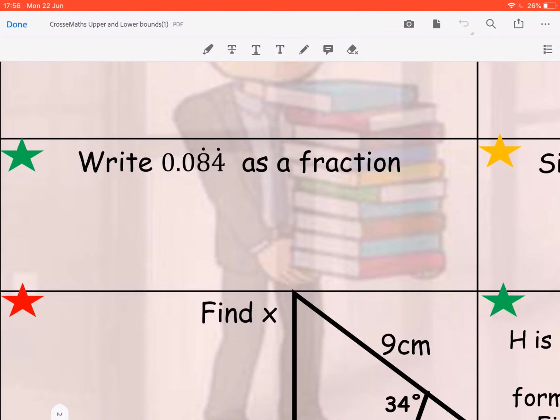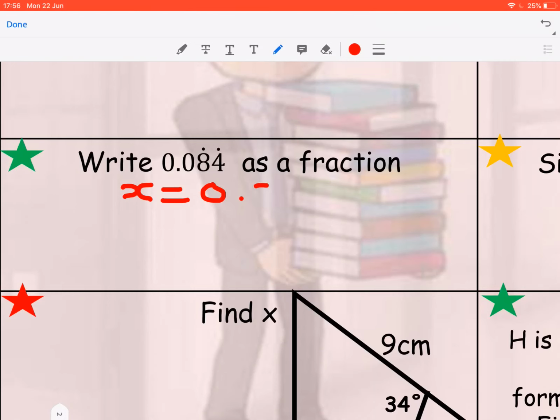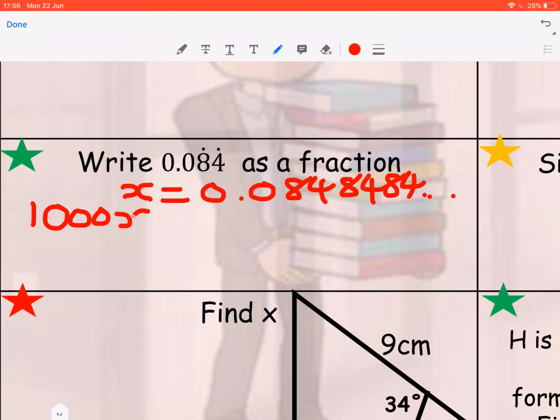Next one, 0.084 recurring. Okay, right, it's a fraction. I'm going to make it into an equation first. I've got x equals 0.08484 going on all day. Okay, I'm going to get the first 2 recurring digits over the decimal point. To do that, I'm going to times by 1,000. Equals